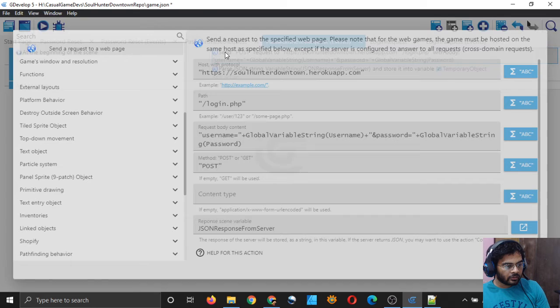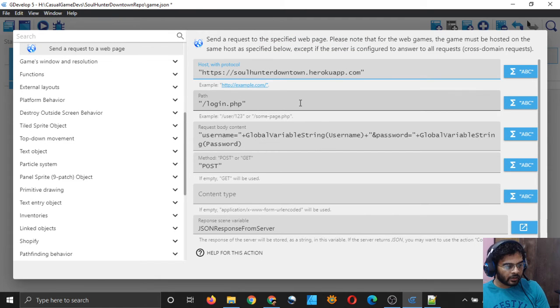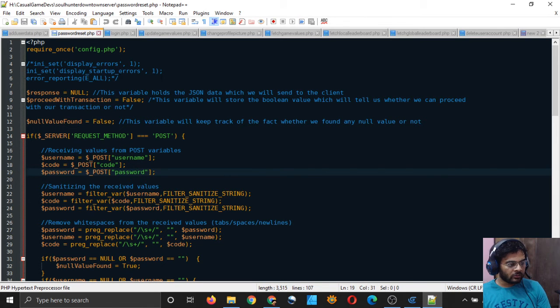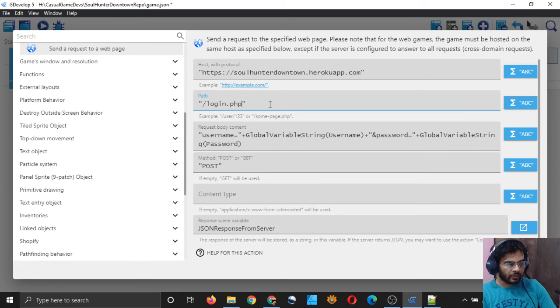I will go to the request part, sending the request part, and which script do we want to send the request to. So let me go to my server code, and the name of my password resetting script is password reset.php. So I will type that in, password reset.php, right? That's good.